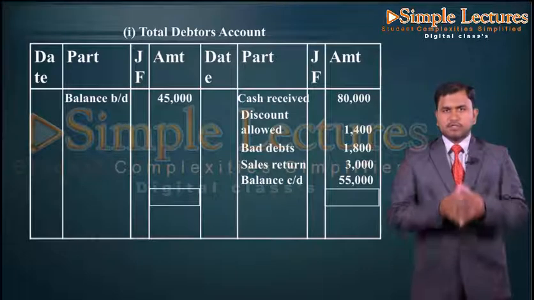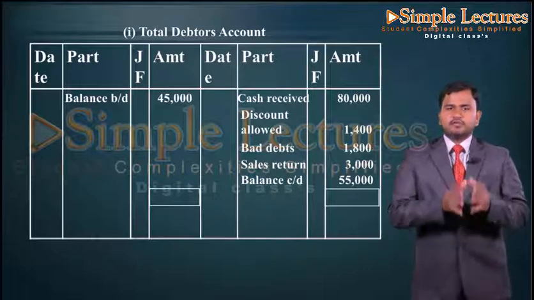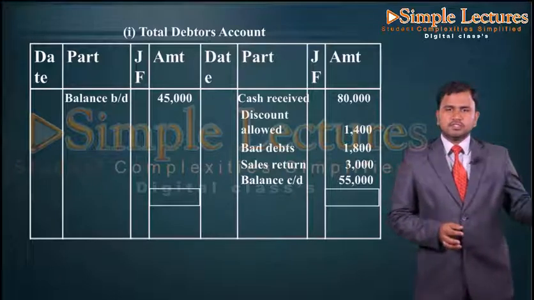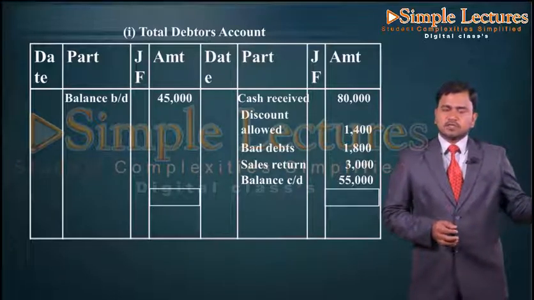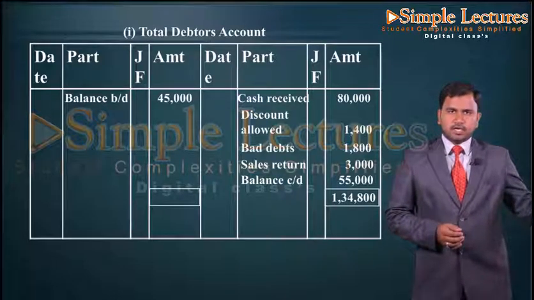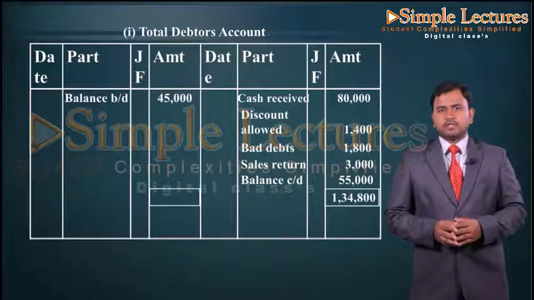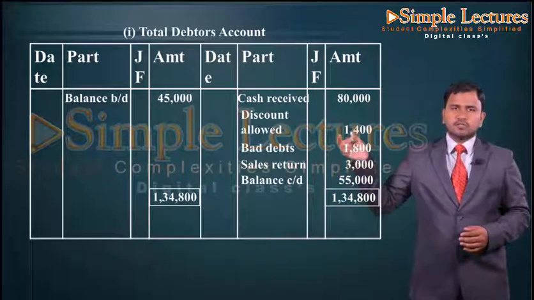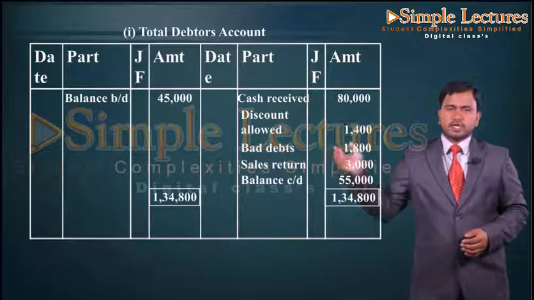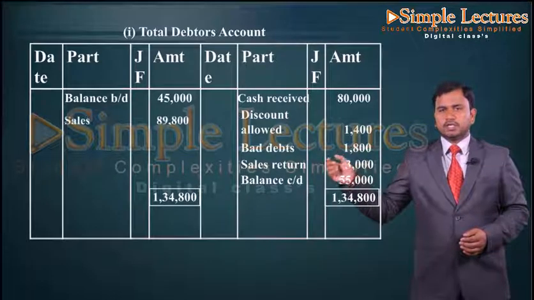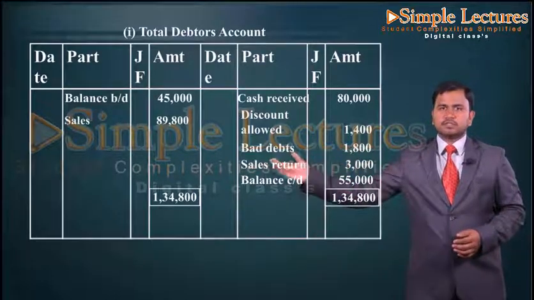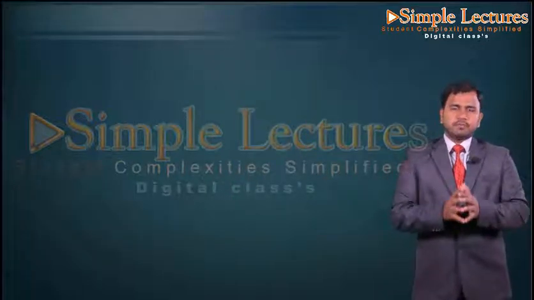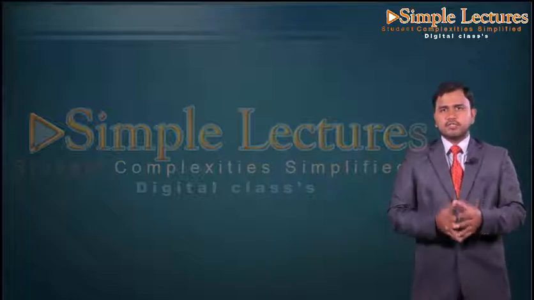Now we are going to close the account to find out the balancing figure, which is nothing but the sales. On the debit side, we have only the opening balance, and on the credit side, we have all the entries, where the total is in excess, which is 1,34,800. The same total we are going to record on the debit side, 1,34,800 minus the opening balance, which is 45,000, and the difference is 89,800, which is nothing but the sales, the balancing figure. So just as in the total debtors account we ascertain the sales,